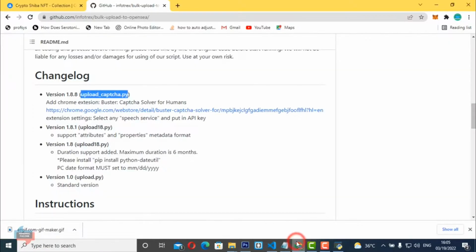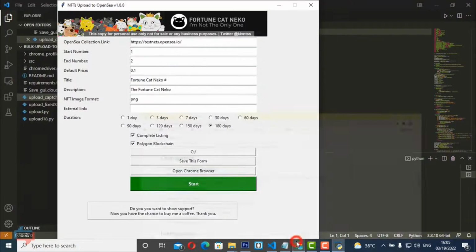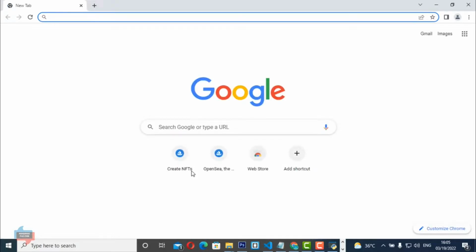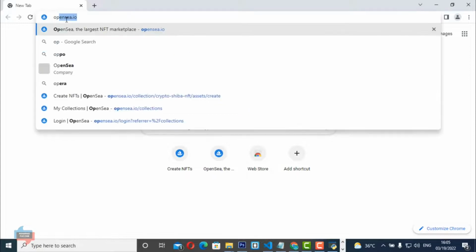Here we have already opened a Chrome browser from where we are reading from github.com, but if I click on this button open Chrome browser, it will open a new Chrome browser for us. On that new Chrome browser all the work will be done. Okay, so open this